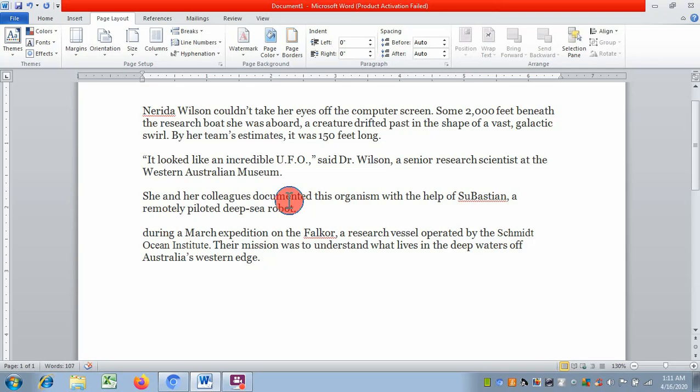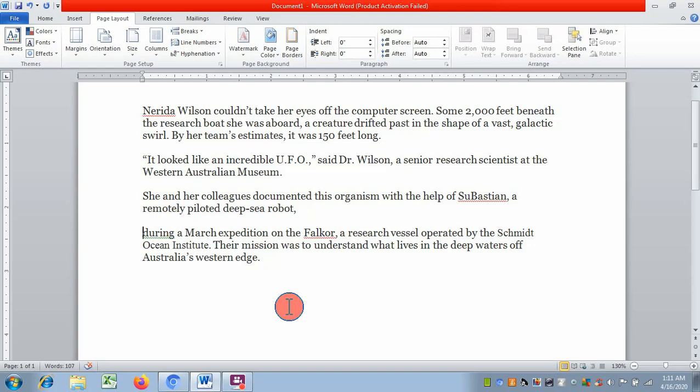Now there are 2 sections of this same paragraph. Previously it was like this, and now it is like this. So in this way the content of a Word document can be categorized in various sections by using section break.